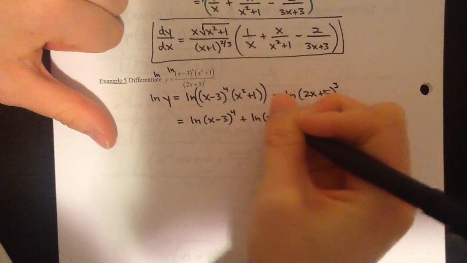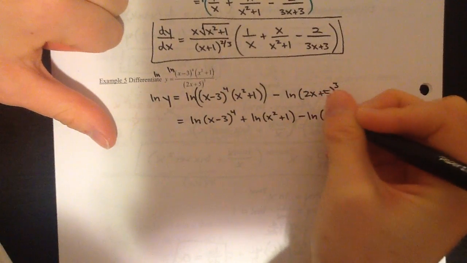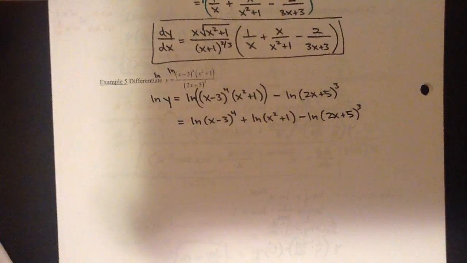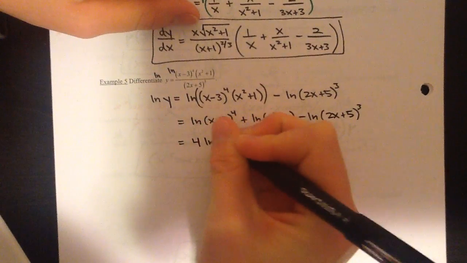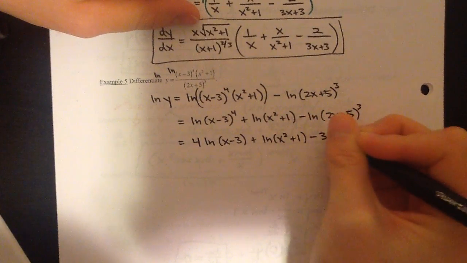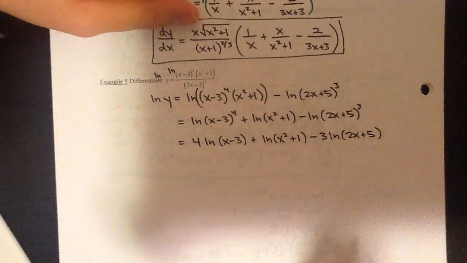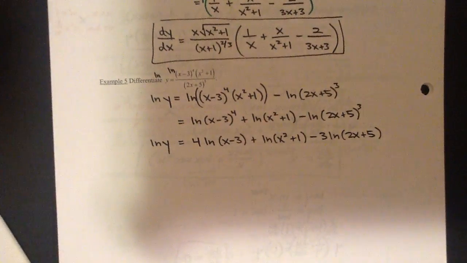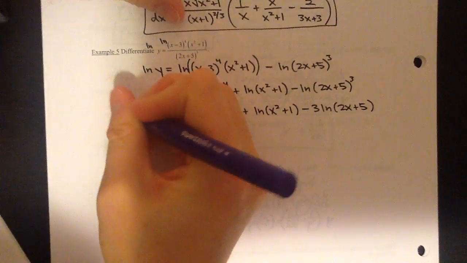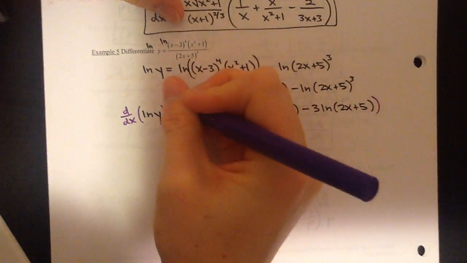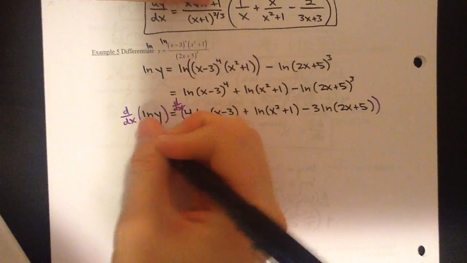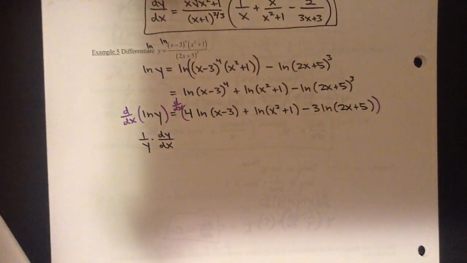And plus, okay, and then I apply the third property, and I take these exponents here, and I move them out to the front as coefficients. Okay, so bring this back down. So that was my second step, just applying all of these properties. My third step is to take the derivative of both sides with respect to x. Okay, so left-hand side, exact same derivative it's been for all four problems so far. Just 1 over y, but then because I have a nested function of y, I multiply by its derivative, equals,